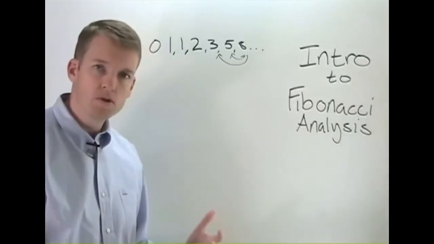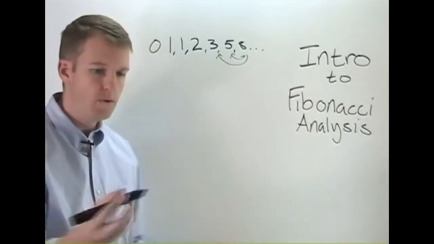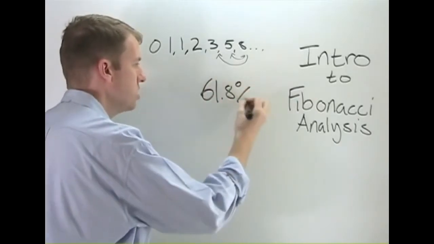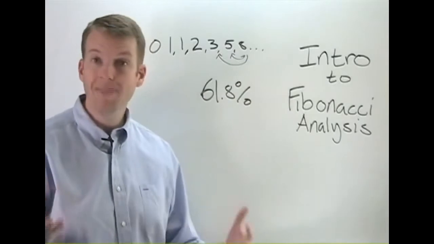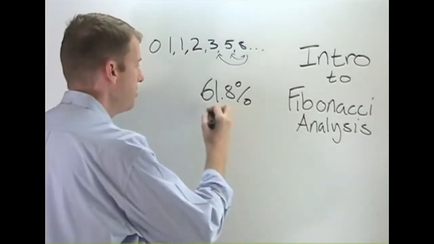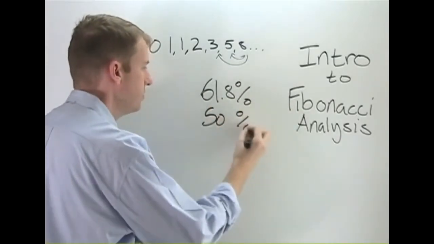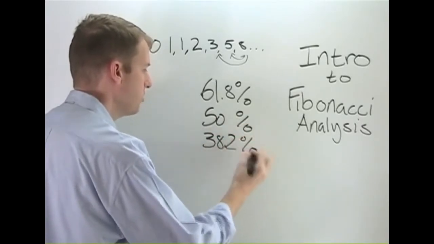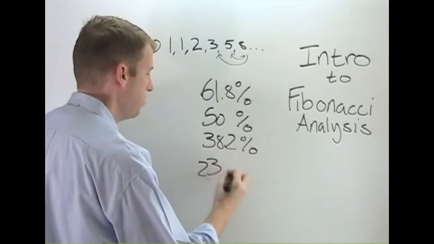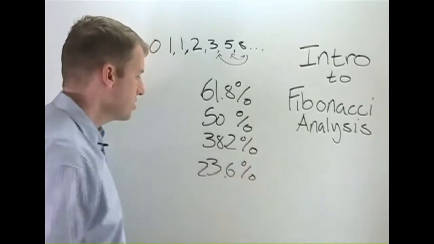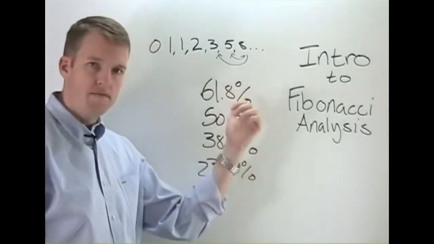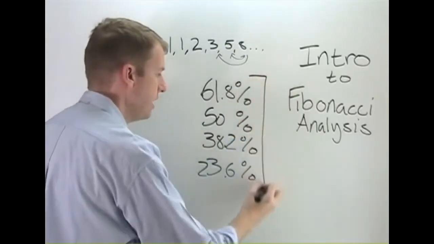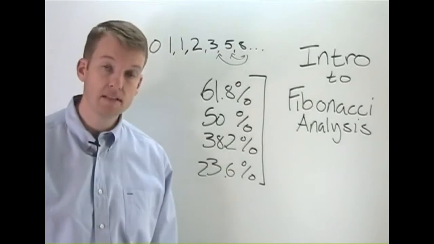So the most popular, most frequently used Fibonacci ratios are the 61.8% ratio, and I'm going to be explaining what these are here in a minute. The 50% Fibonacci ratio, the 38.2% Fibonacci ratio, the 23.6% Fibonacci ratio. These are the retracement ratios that we're using to identify entry opportunities, support and resistance,